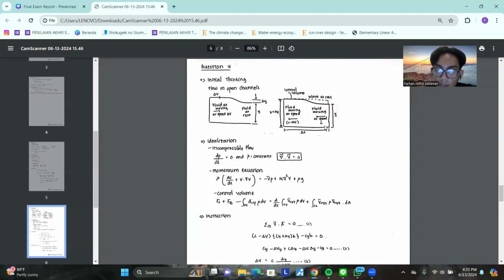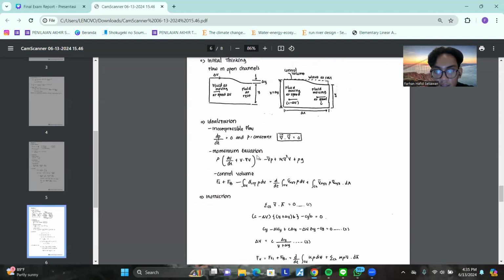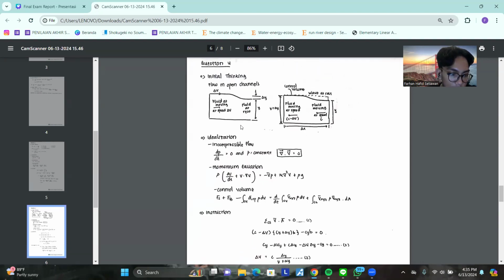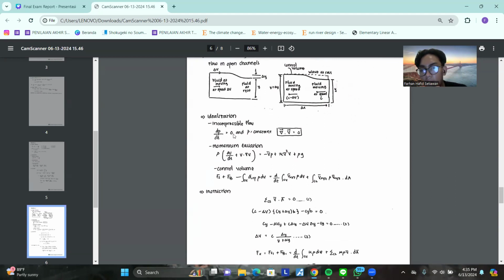Which means divided by c, so the fluid moving at speed is c minus delta v, for the distance is delta x, and height is y. Okay, this is a distance of how far this fluid moves at a control volume gitu. So the idealizations to define this picture: first thing first, we must know about the essential formulas in